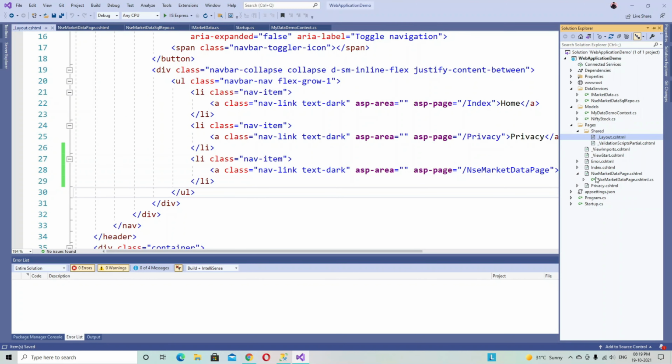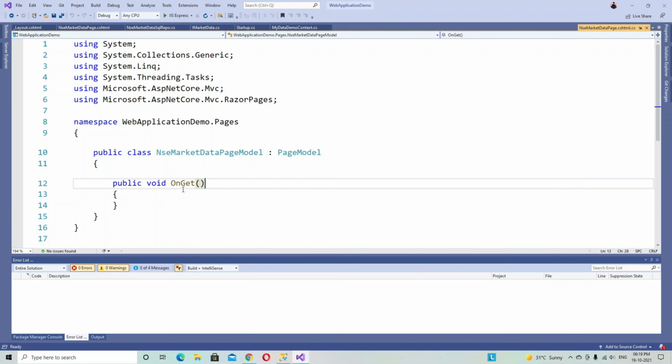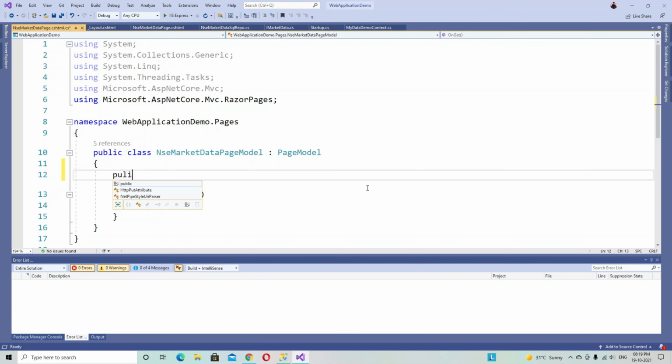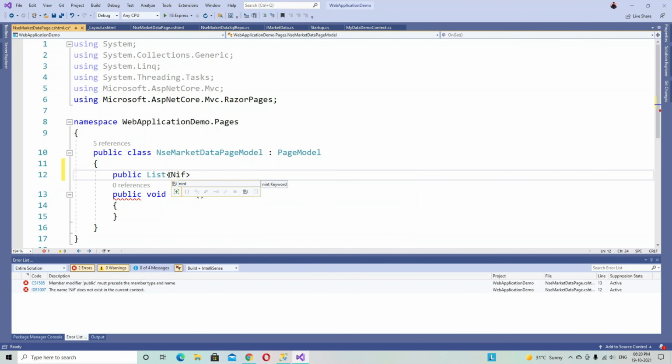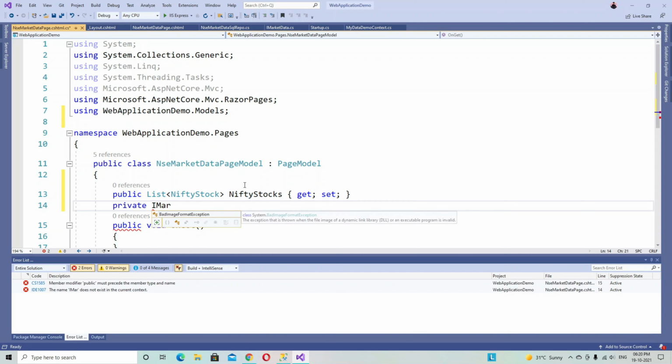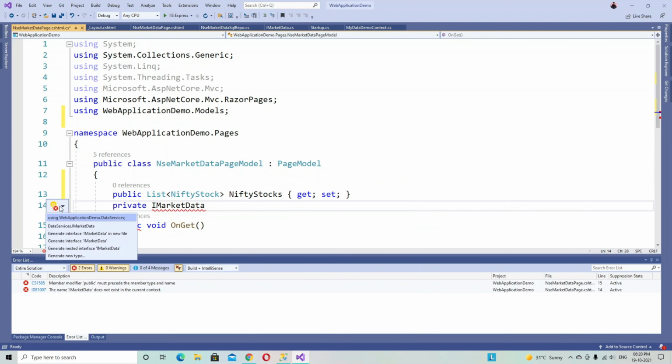We will open the NSEMarketData page .cs file. After that, we will create a public List property of the NiftyStock class, bring the required namespace, with get and set accessors. Now create a private property of the IMarketData interface with only a get accessor to call our GetData method.